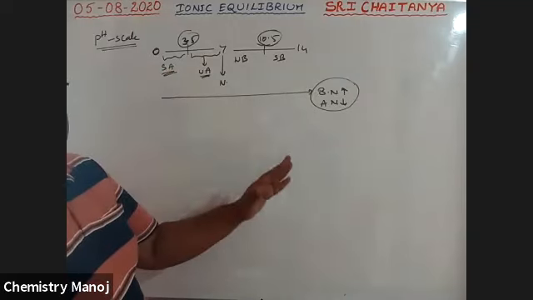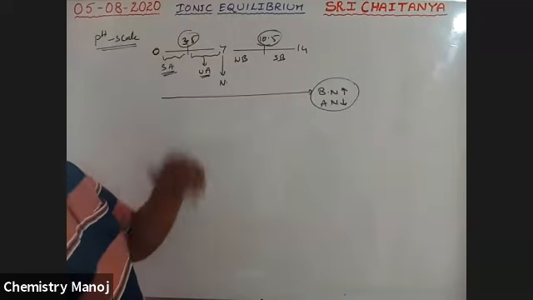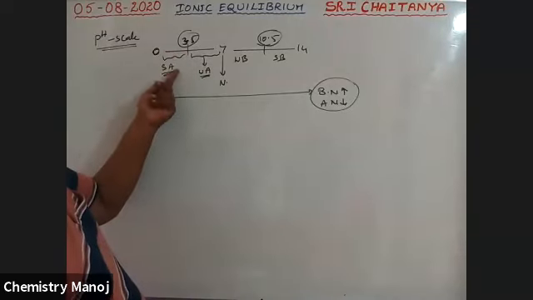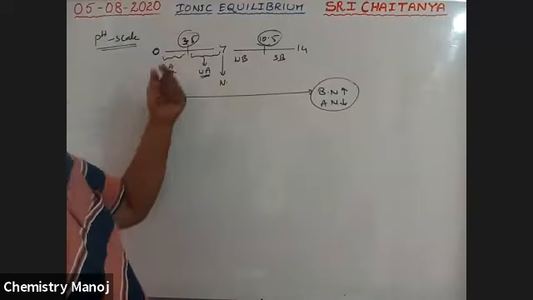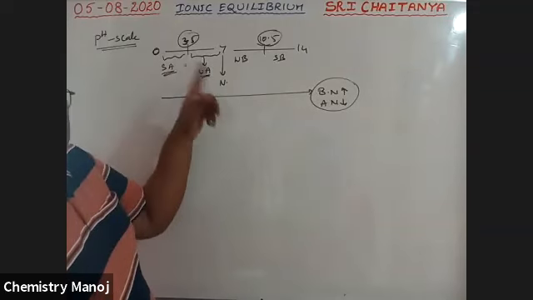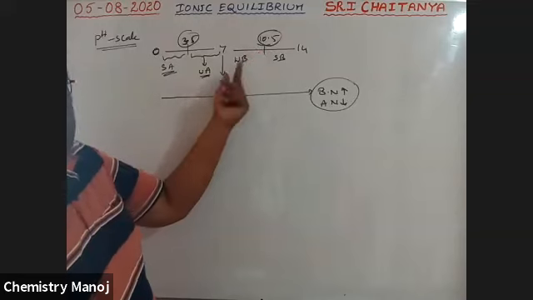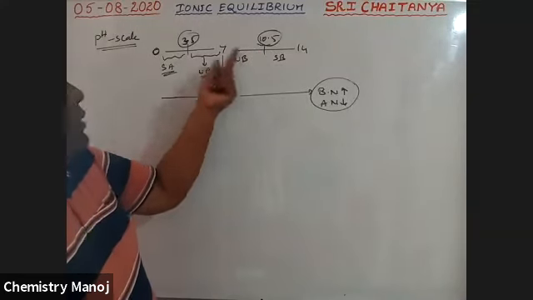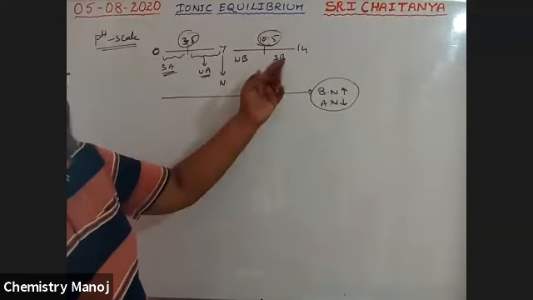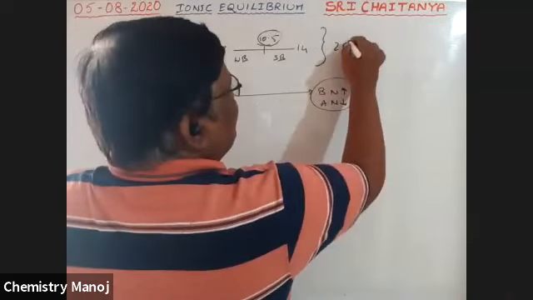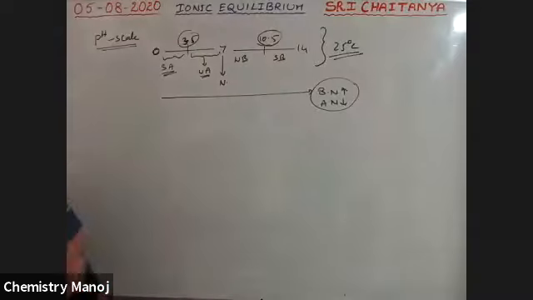Strong acid, weak acid, all these are expressed with the help of the pH value. If the pH of the solution is less than 3.5, it is a strong acid. Between 3.5 and 7, it is a weak acid. At 7, it is neutral. Between 7 and 10.5, it is weakly basic. From 10.5 to 14, the solution is strongly basic. All this scale is applicable at 25 degrees centigrade.